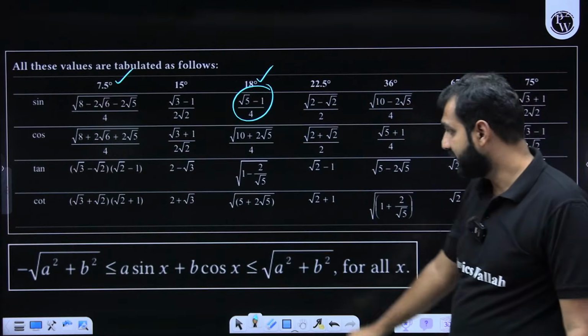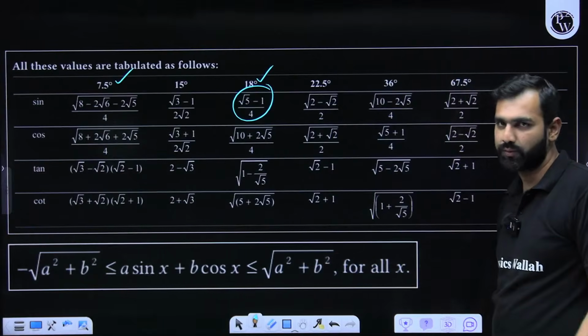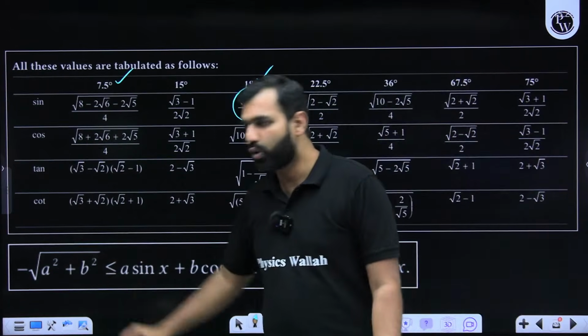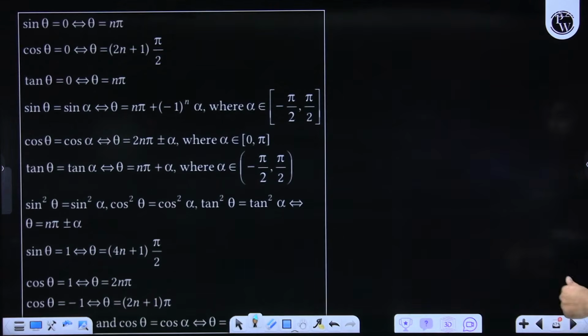Something very crucial: a sin theta plus b cos theta, its maximum and minimum value. Under root a square plus b square will be maximum. Negative of under root a square plus b square will be its minimum value. Everyone listening, watching and understanding this? The next is,